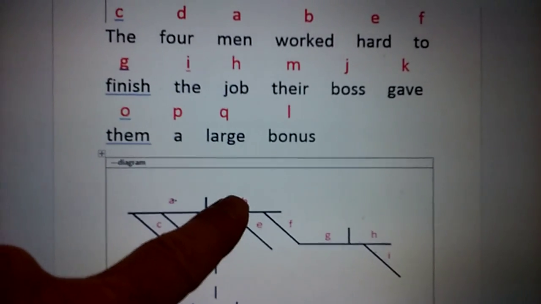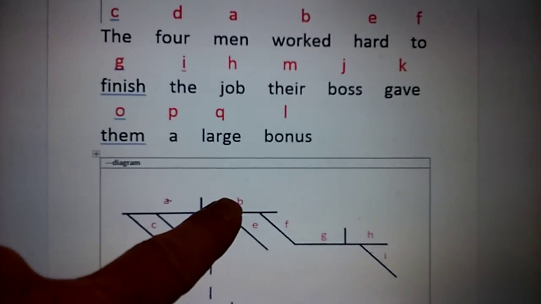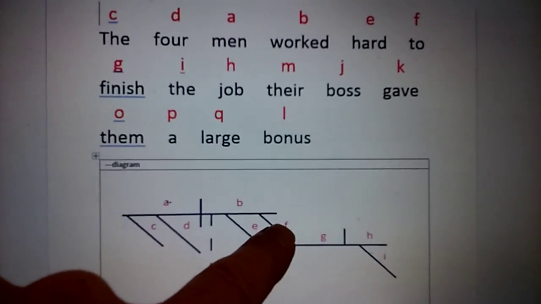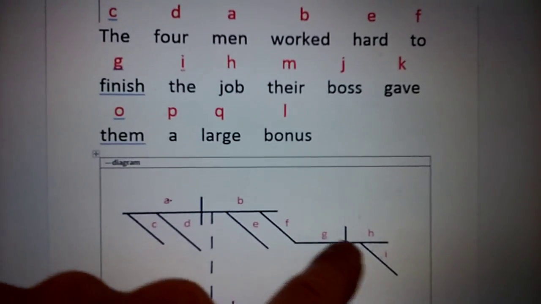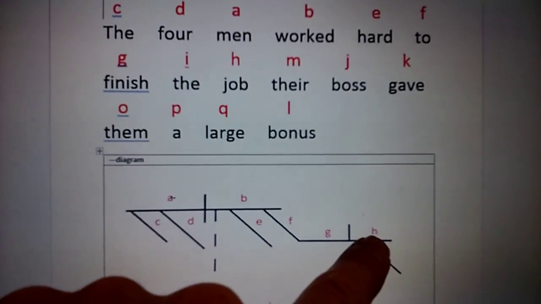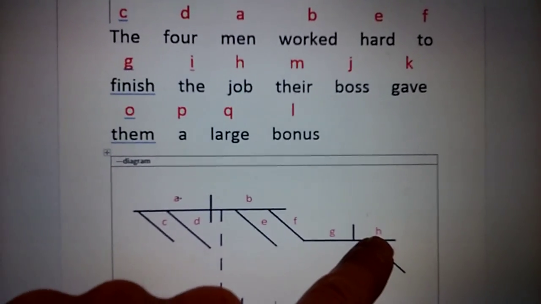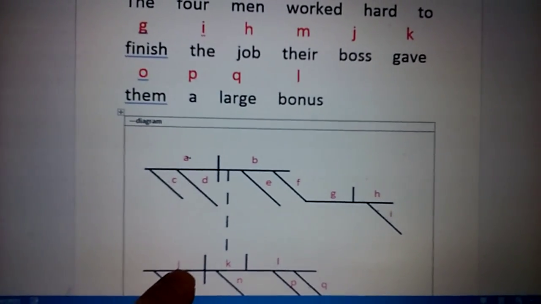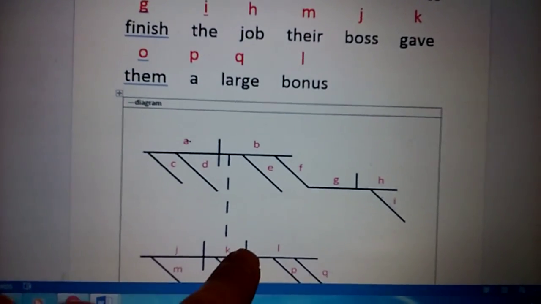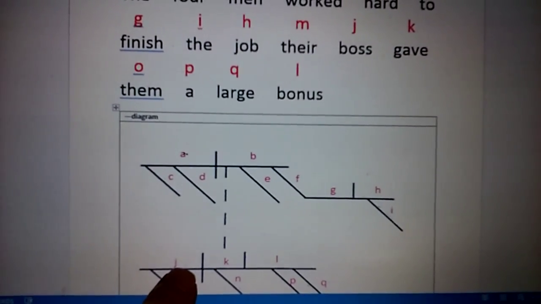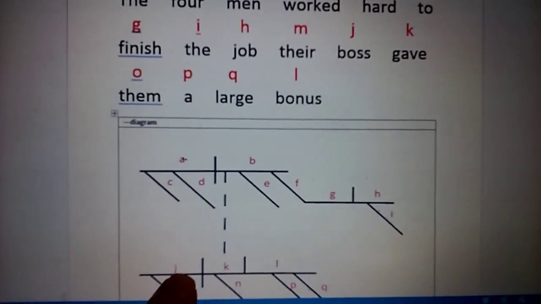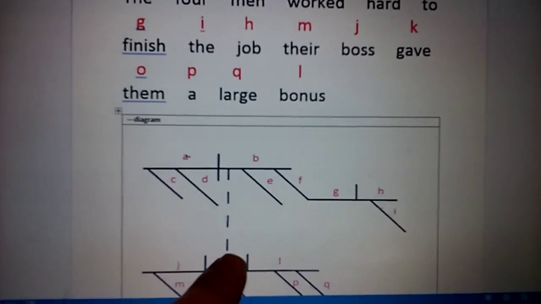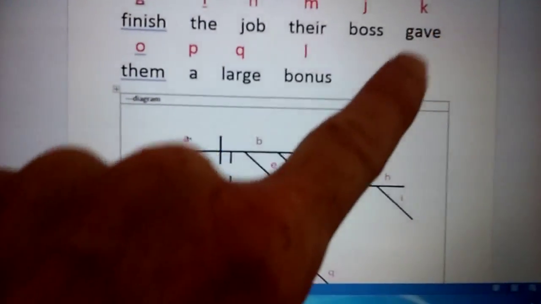How did they work? Your adverb is going to be coming right down from your verb. They worked hard. Now we have in our infinitive. To finish the job. That's our first clause. Now we go down to the next clause. Top left of the T. Remember, we draw our T. Okay? Top left. That's going to be our subject. The complete subject is their boss, but the simple subject goes here. Boss gave. Okay, we have gave.